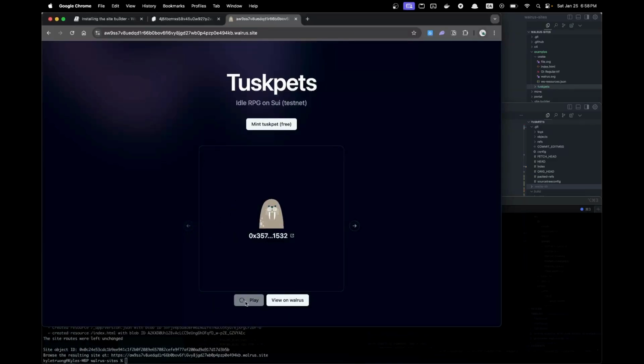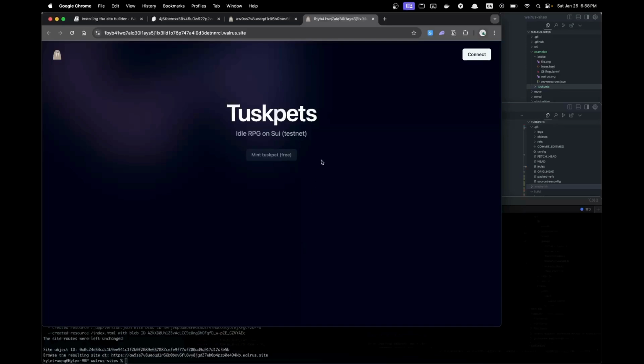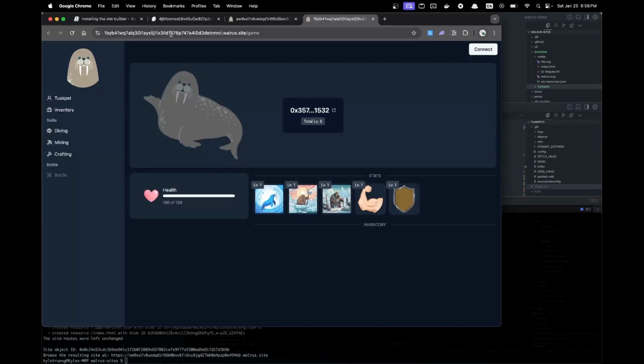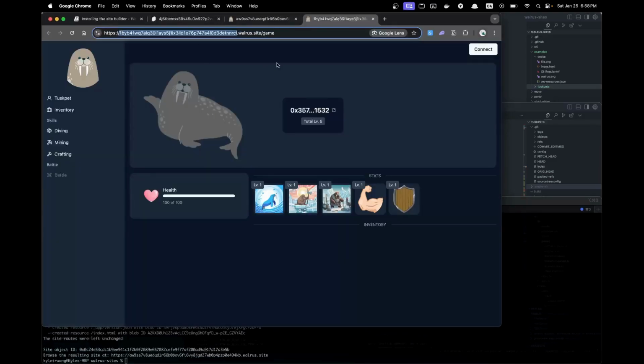Not sure why it's still loading like that, but that's strange. Maybe I should have updated something in the code or something, but let me just see how that works right here. Okay, yeah, so then it redirects, it uses the same site, it's just it redirects to a different object. So you see this is the B36 address, and then this is a different one, but then it still uses the same site and the same logic in the site, the same code in the site too. So if I connect to this one,